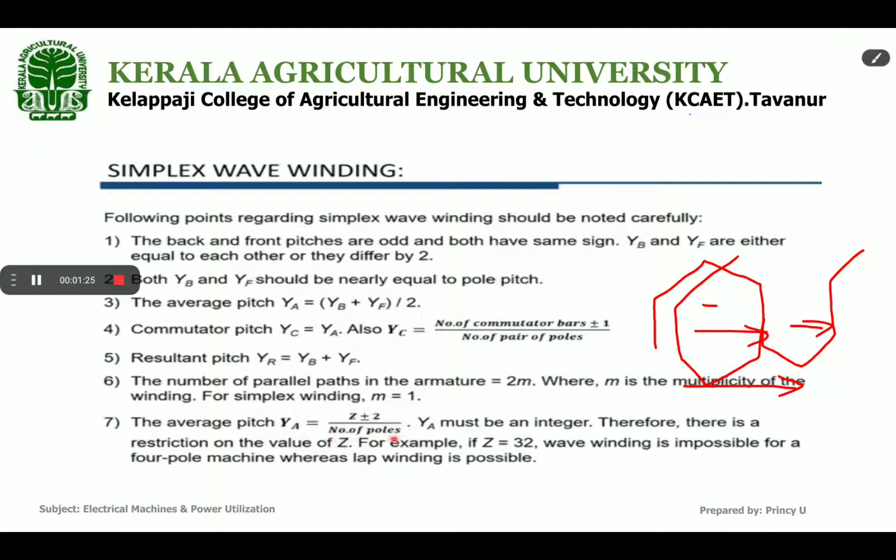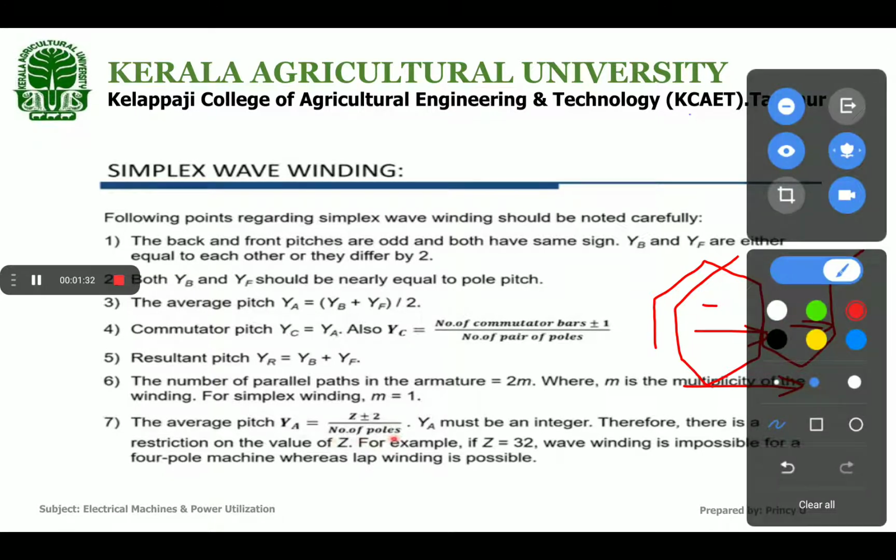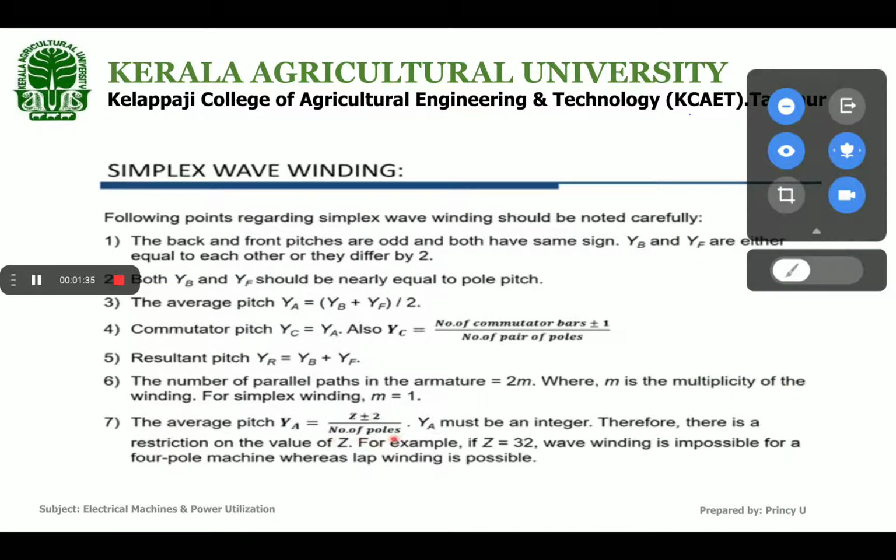So we can take both as positive sign. YB and YF should be an odd number and have the same sign. Okay, so next one, the second one is